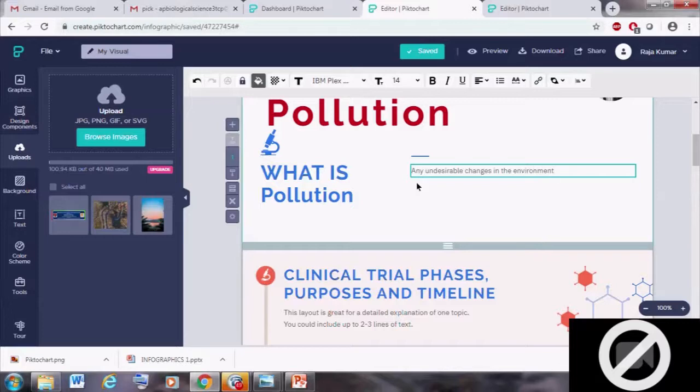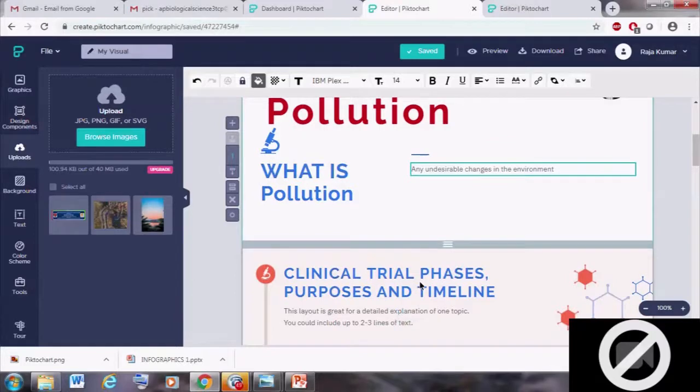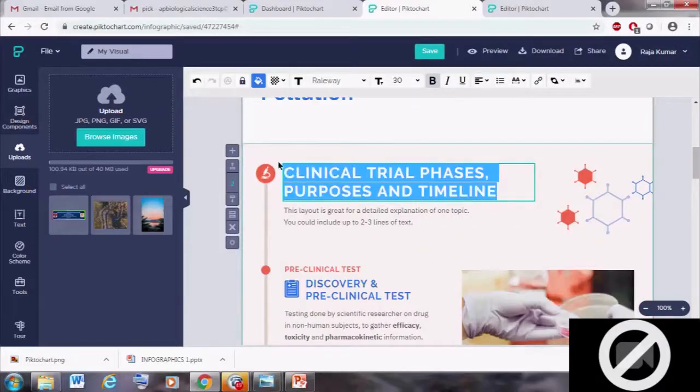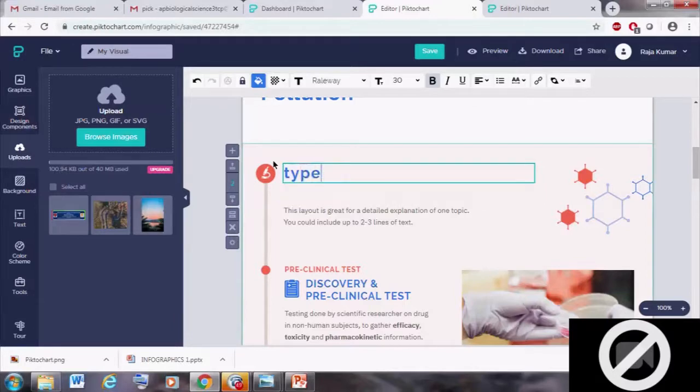So we can give a definition in that particular place, and we can give the types of pollution. Types. Likewise, we can add our information in the entire page.